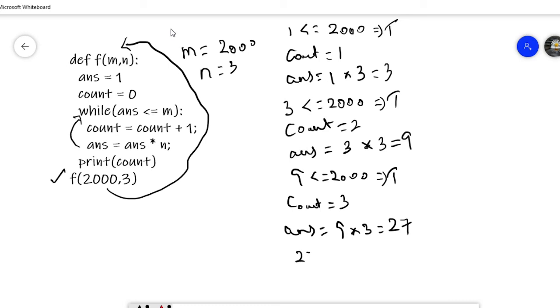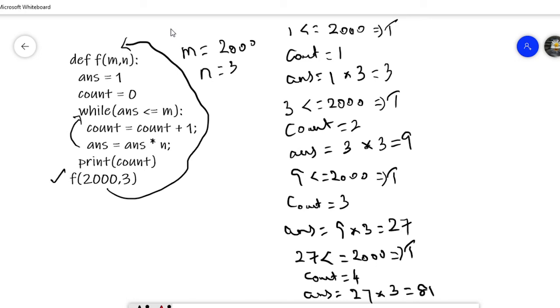So again we check the loop. 27 <= 2000, yes, it is true. So the count value is incremented, so it is 4 now. Then s = s * n, so previously the s value is 27, we multiply that by n, that is 3, so it is 81.